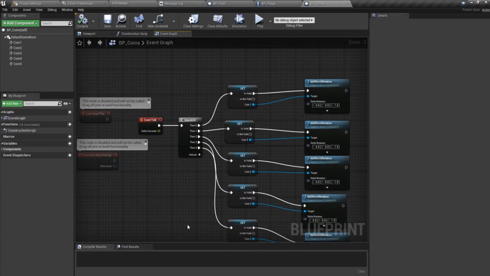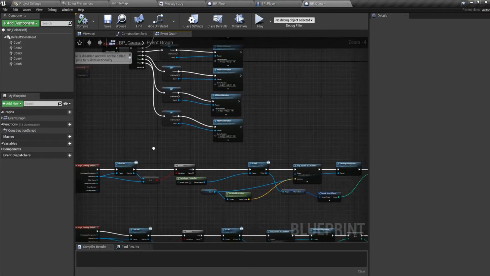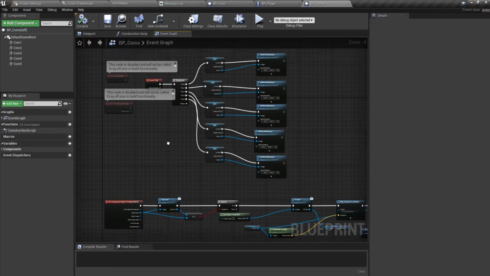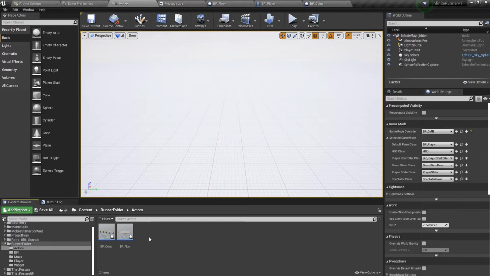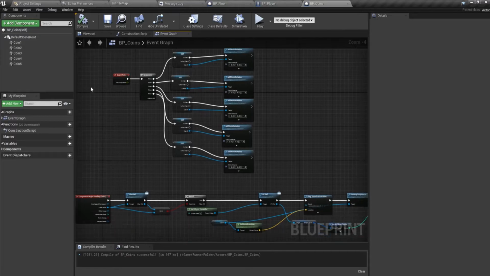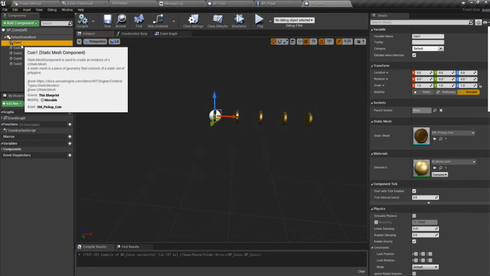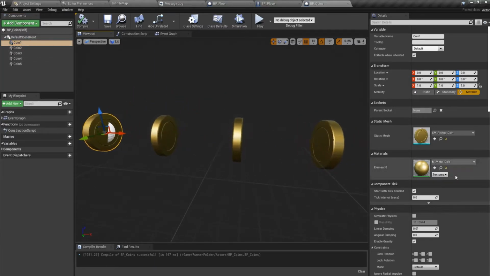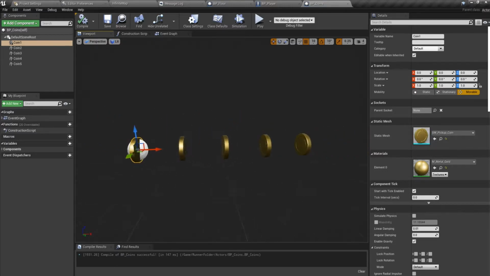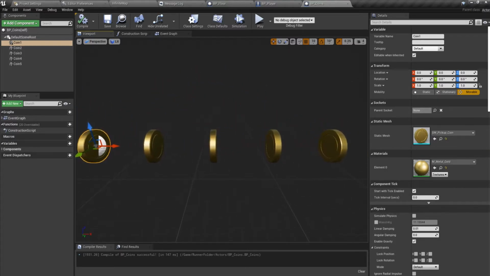So okay guys, before wrapping up this video, let me just go through what I did once. The first thing we did is we made an actor class and renamed it to BP coins, and over here we added in 5 static meshes and changed those static meshes to coins. I have coins, but if you do not have the coins, change it with something for now, and I will upload a coin mesh when I make one. So till then just use something that you can use,